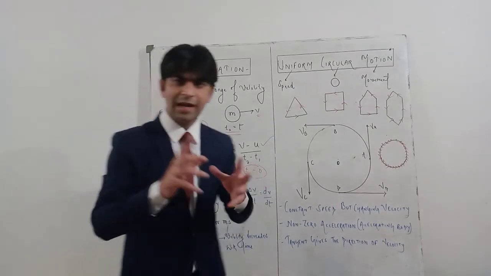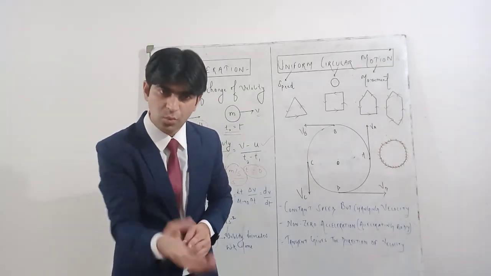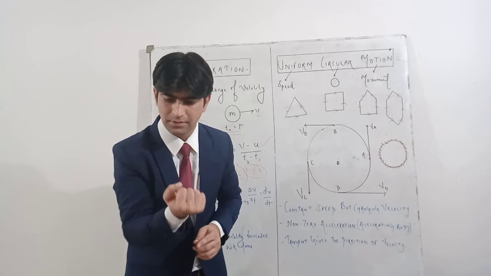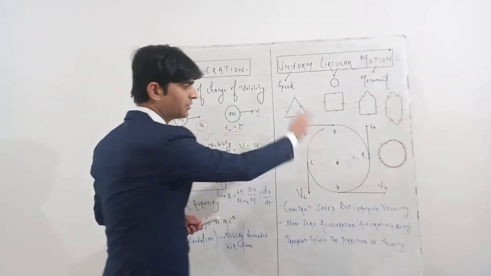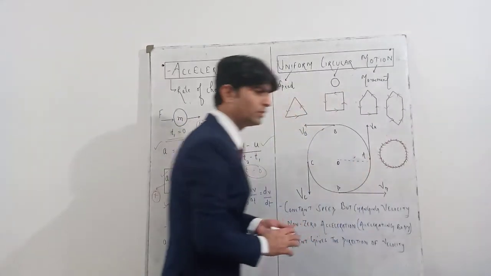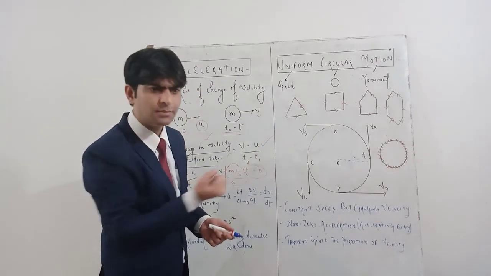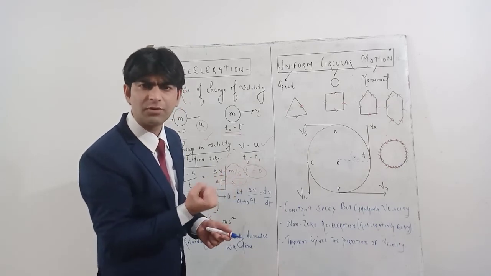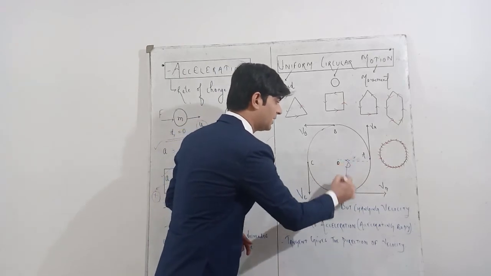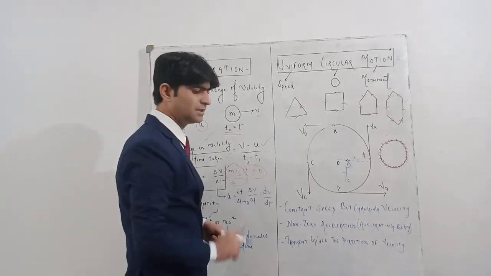So one more thing I would like to discuss here, कि when you move in a circular path, there exists a force which tends to wind you in towards the center of the path. ठीक है? If you see here, if this is the circular path where the body is moving, then there exists a force which tries to attract the body towards the center of the circular path. And that force is called centripetal force, indicated by Fc.